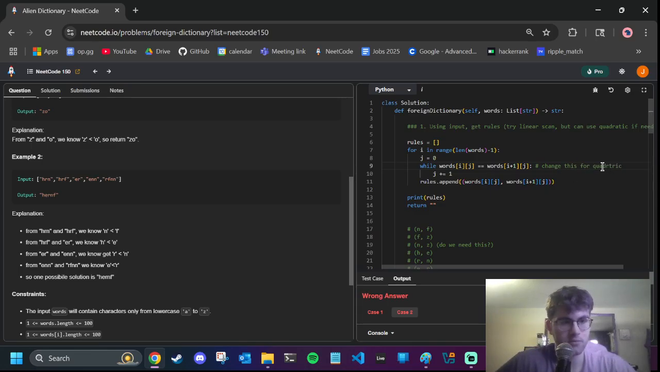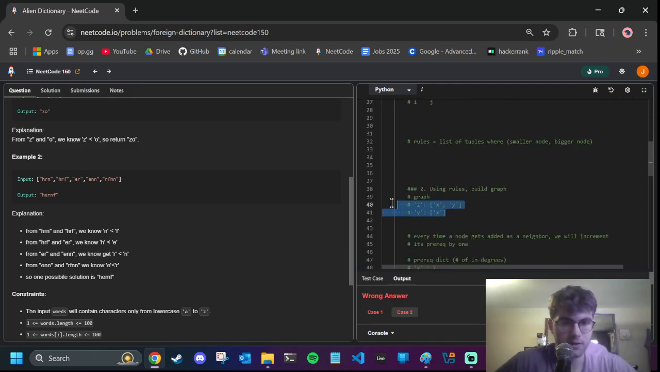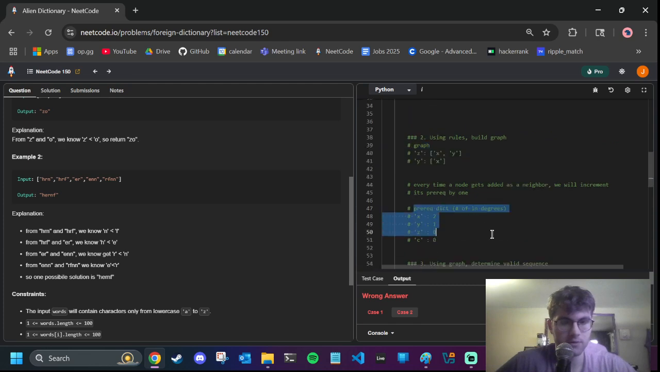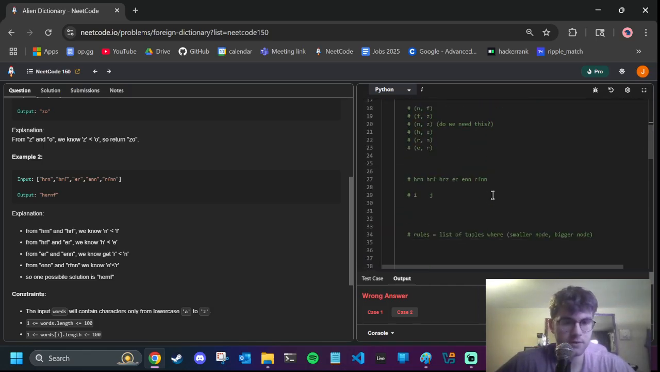Quadratic. Okay, quadratic. All right. So now we have rules. For rule in rules, we want to build the graph. The graph will be a dictionary, an adjacency list like this, and the prerequisite dictionary, I'll just call prereq, will just be counts. Prereq counts. I'll just call it prereq. All right, so for rule in rules,